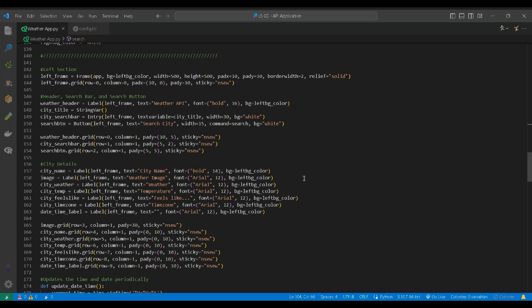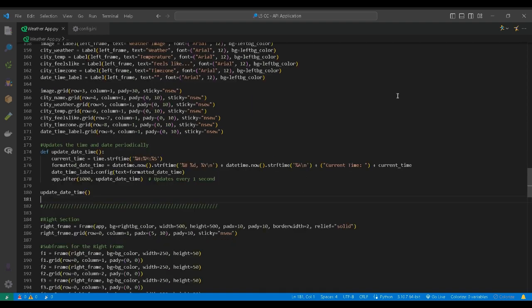It includes search elements, city details, and a continuously refreshing local time update function, which is update_datetime, that converts and updates the UTC time to local time every second. This function updates the datetime label with the current formatted date, day, and time. The process starts with the initial call to the update_datetime function. It uses the time and datetime modules to retrieve and format the information. The label is then updated every second to reflect the real-time data corresponding to the date and time